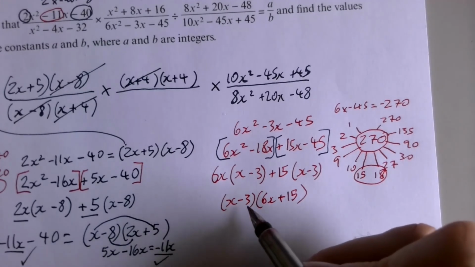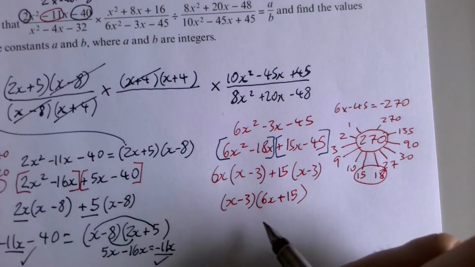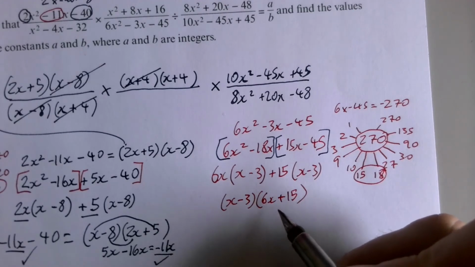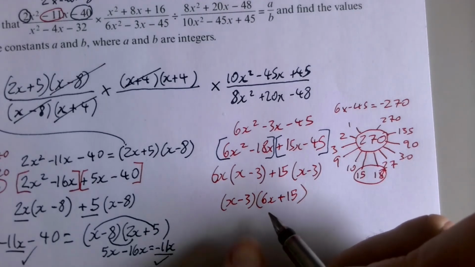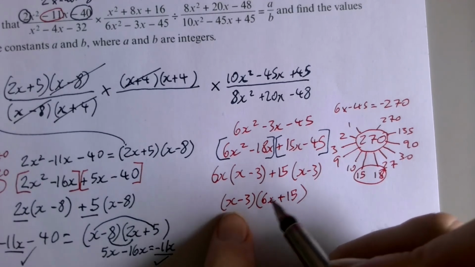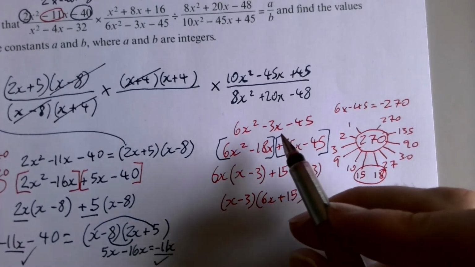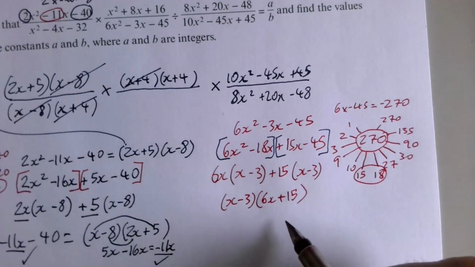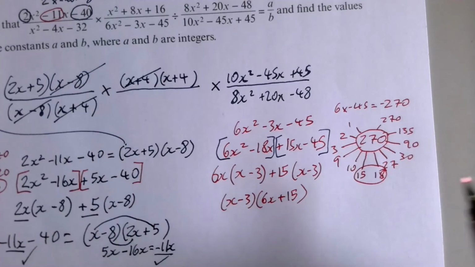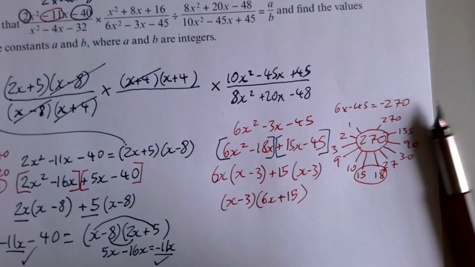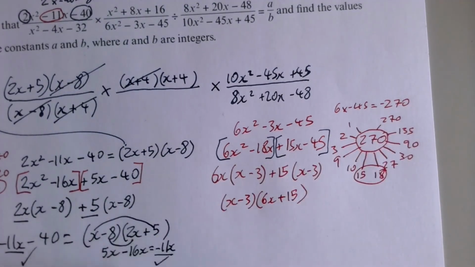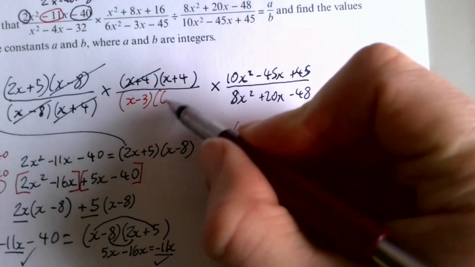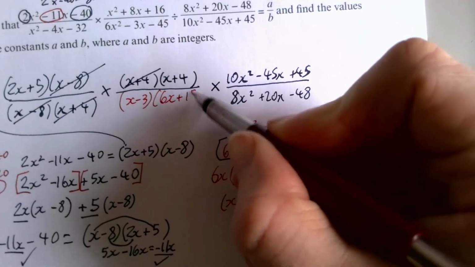If you want to do that in your calculator, you can do. It would say that x equals plus 3, and the other value is going to be a fraction. But from that, you could say, right, that's going to give me x minus 3, and you can just take the factor of that out of it, and that can help. So where does that go? That goes up here, doesn't it? So we've got x minus 3, 6x plus 15,